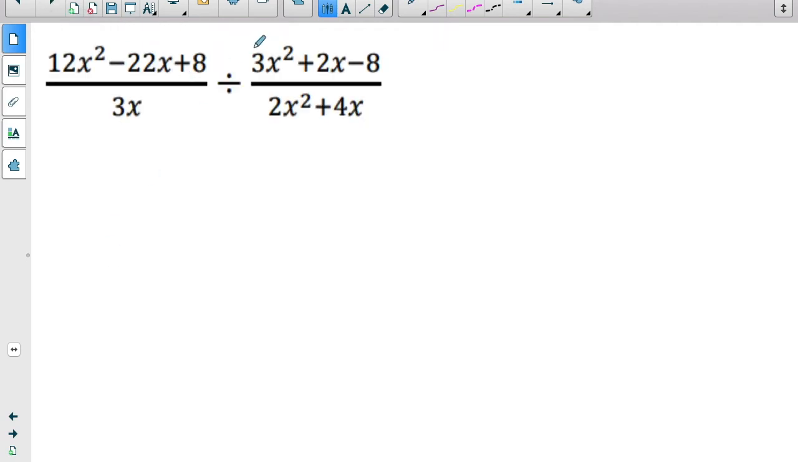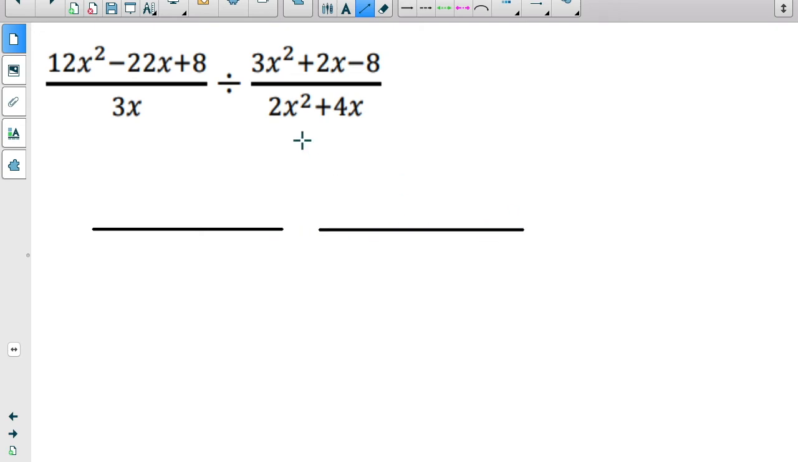All right, we're going to look at one more of these here with division, and then we'll move on to the last type, our complex rational expressions, our fractions and fractions. Now the first thing we can do is change it from division to multiplication. So our 12x squared minus 22x plus 8 on top,